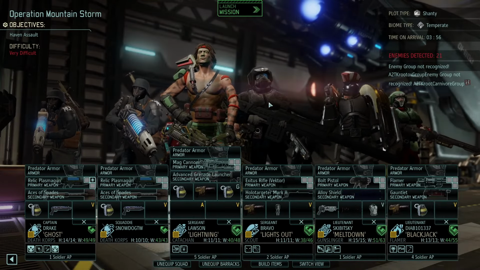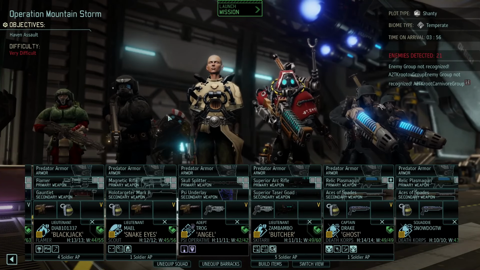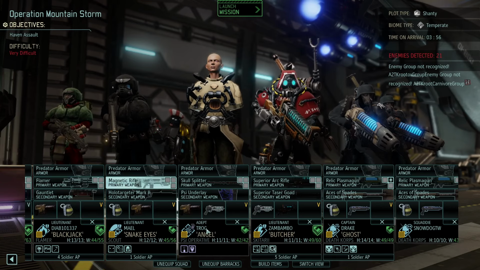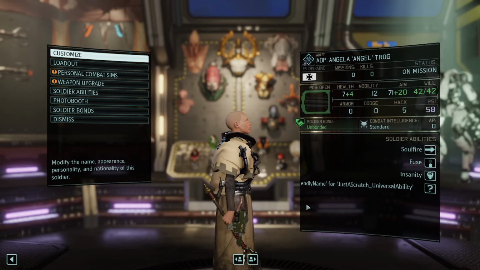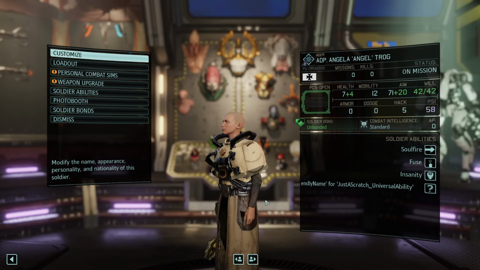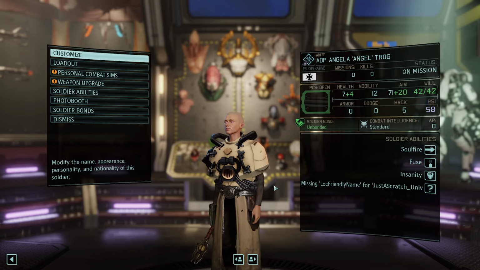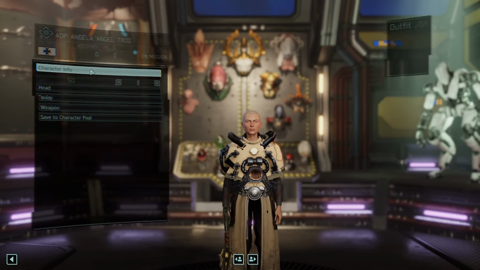Alright, so I went ahead and picked some people, and I want to introduce our newest member. I finally customized our Psyker, and that's going to be Angela Trog. So I was having a little bit of a difficult time making a Psyker, as there's virtually no parts in any of the mods I have, or as far as I can tell on the Steam Workshop, there's no mods either for a Psyker. So this is kind of a kit bash in a sense, but I think it turned